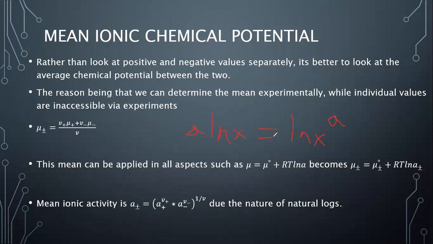That's where we're getting that. We're taking that mu, or essentially the log of activity, raising that to the power of b plus on that first term. And we say that